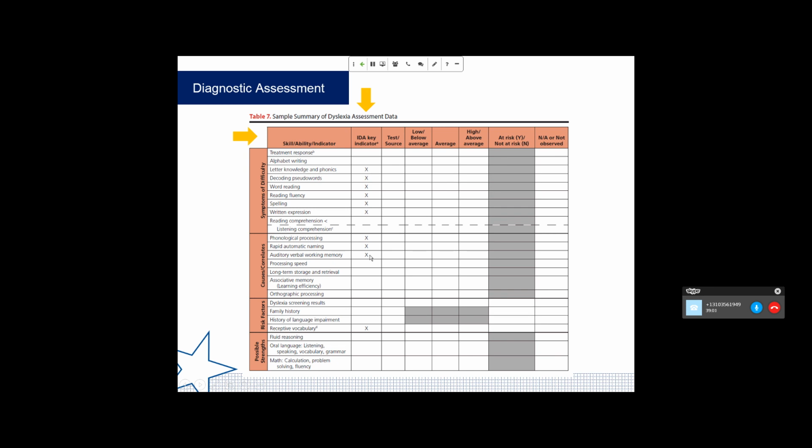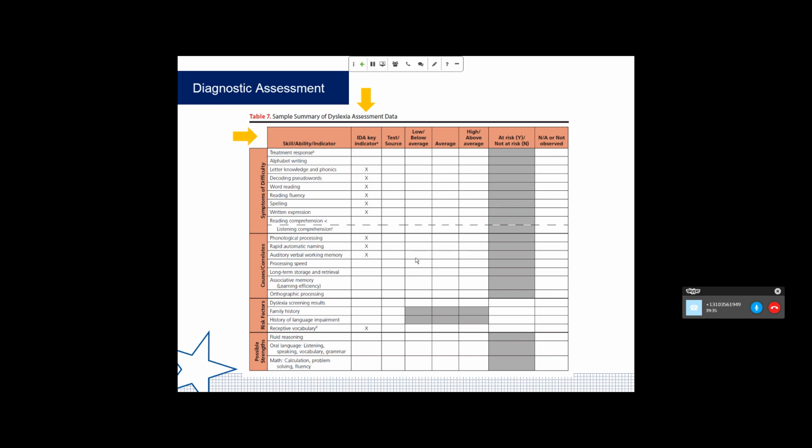And so as part of your diagnostic assessment, you'll be gathering more information in these different areas to help identify, are they scoring below average, average, high average, and also looking at which areas they score low, because we know there are different subtypes of dyslexia, and we know we want to look at the different profiles, again, to help us make data-based decisions so we can refine our intervention and help the students to a greater effect by focusing where they need it.